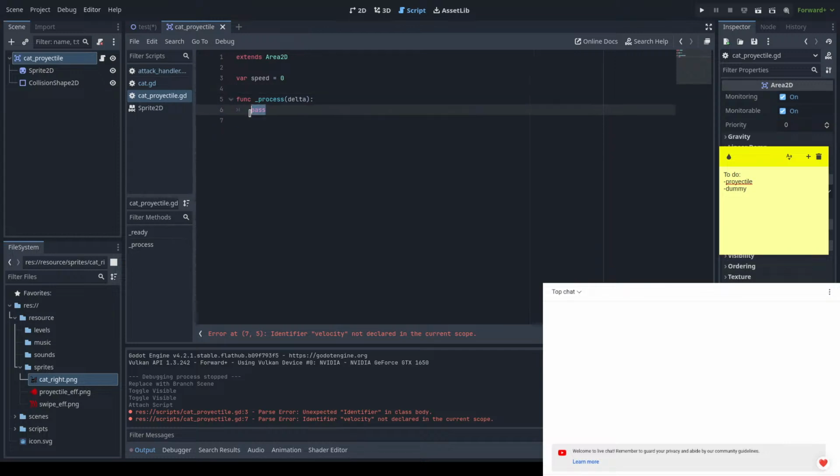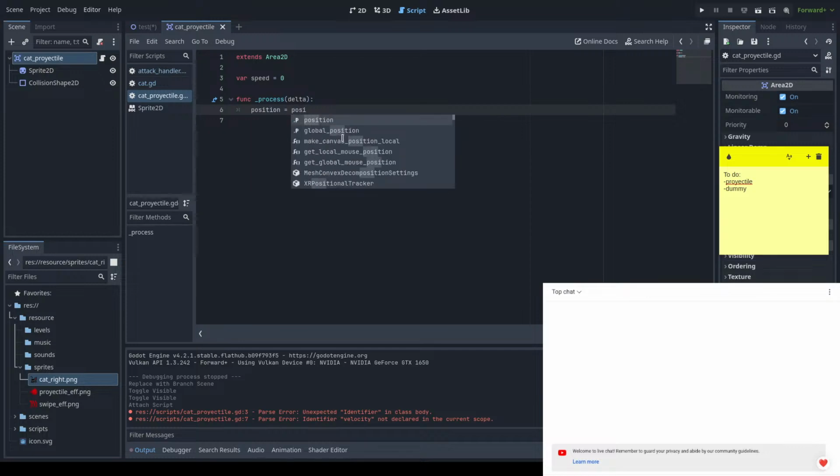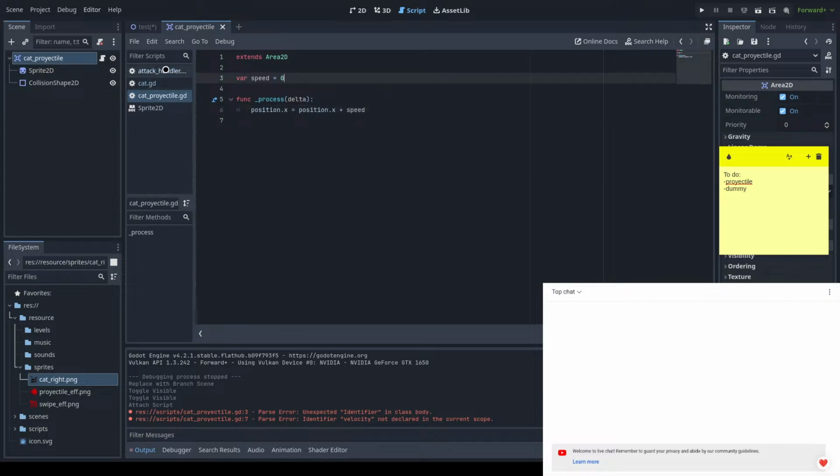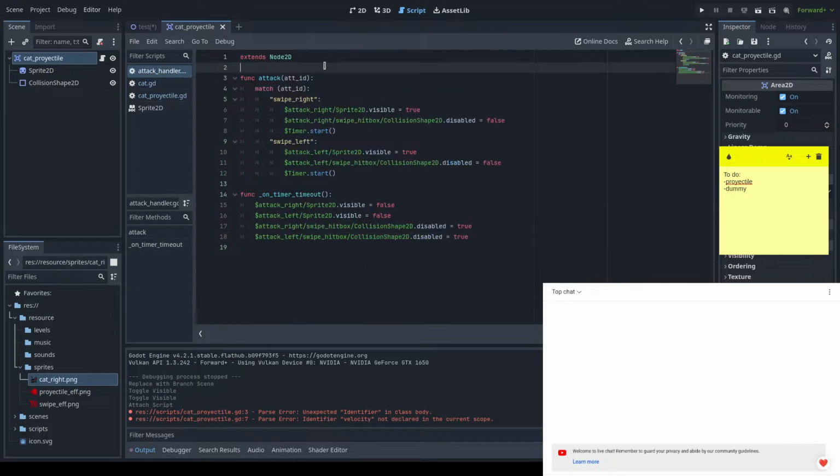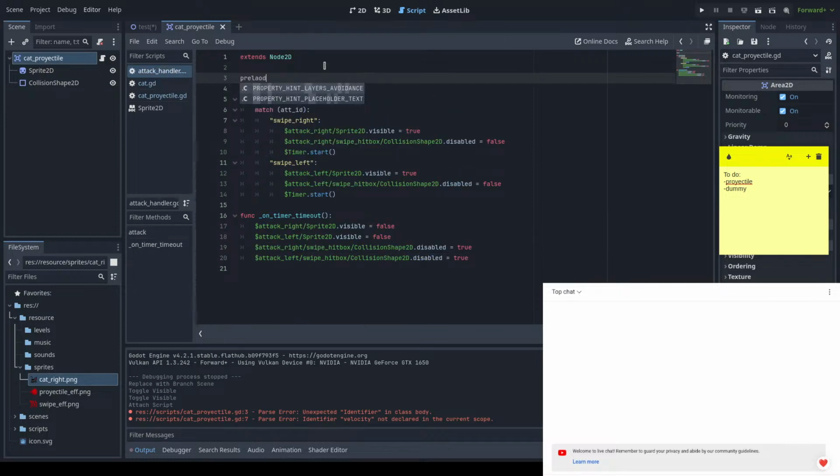We're just gonna say position equals position plus, and we're just gonna say position dot x equals position dot x plus speed. And then we go on to this, and it's gonna do a preload on